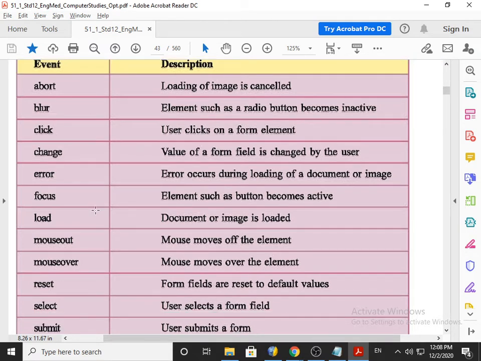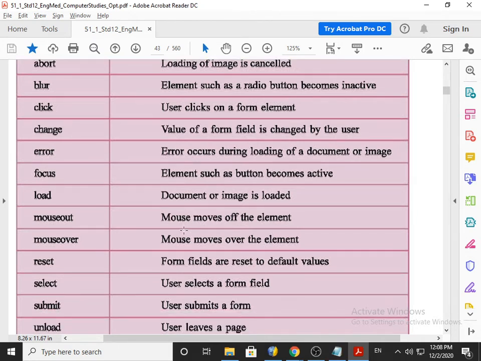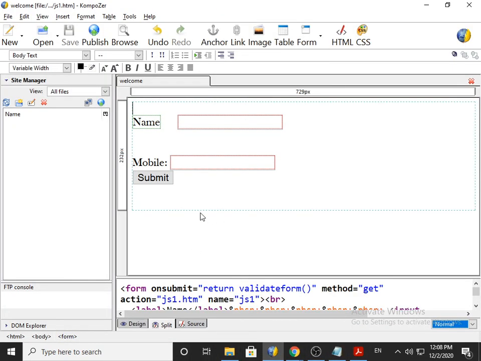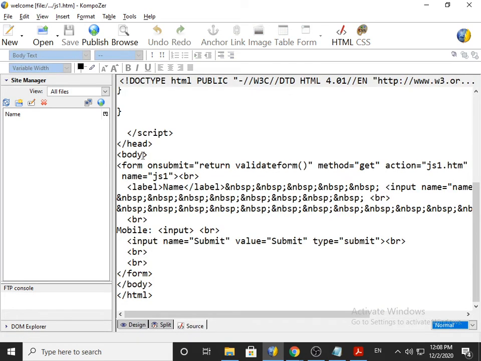Focus, that is an element such as a button becomes active. I already explained. Load is very interesting, when a document or image is loaded. Like for example, here if I write in the body tag onload is equal to 1.mp3, I am saying that when somebody tries to open my web page, play the song 1.mp3.